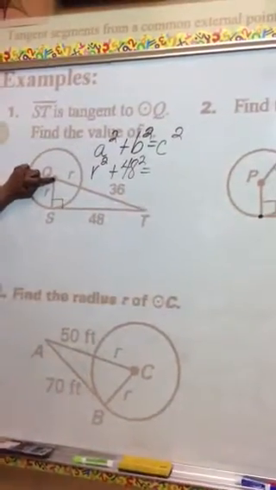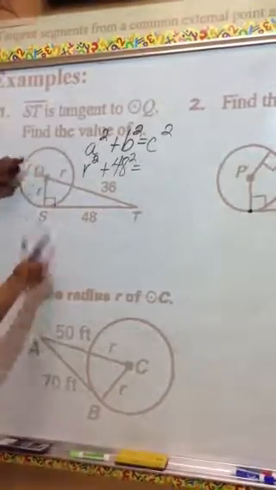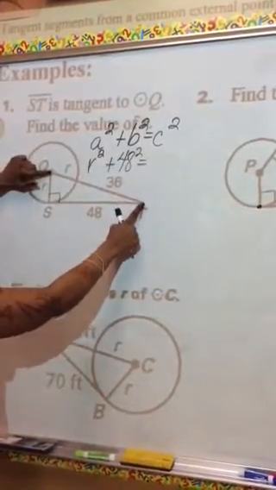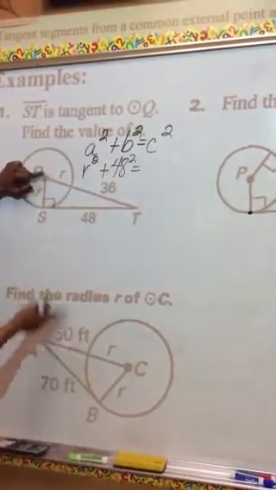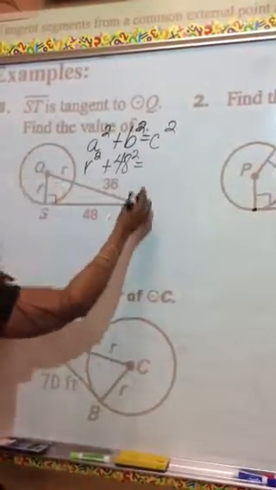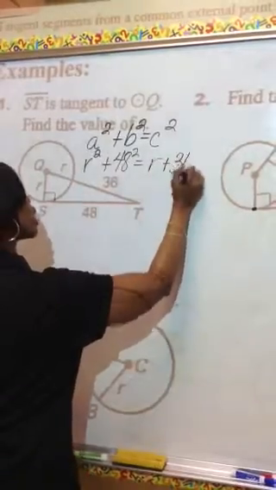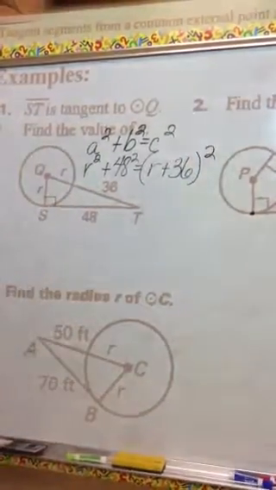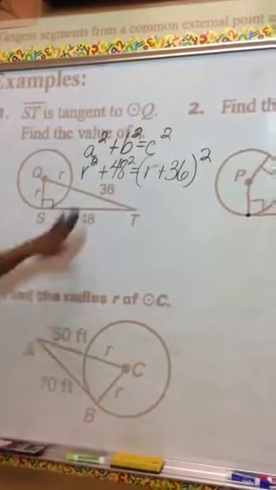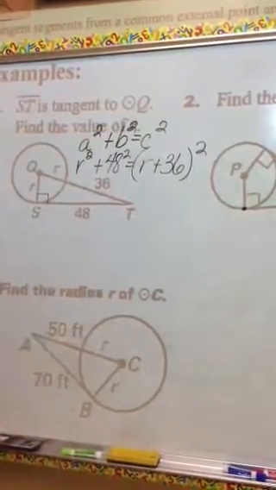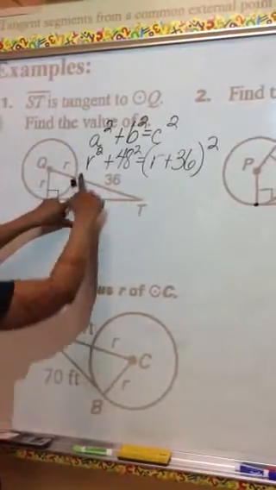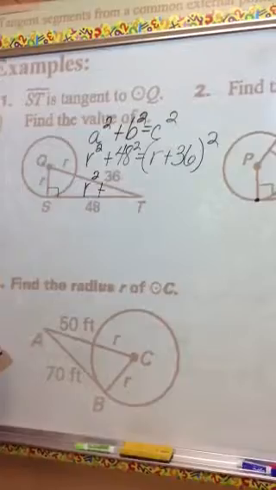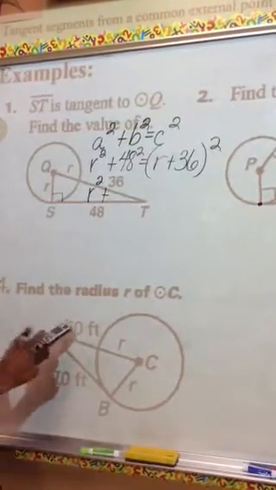But notice the hypotenuse has two parts. One part is r units, the other part is 36. So to represent the measure for the whole hypotenuse, we have to add r plus 36. So we have an expression. You must place that expression within parentheses because you need to square the whole thing, okay? So now we have our equation set up. Let's solve it. On the left side, it's pretty simple. Bring down r squared, but we need to take 48 and square it. So 48 squared is